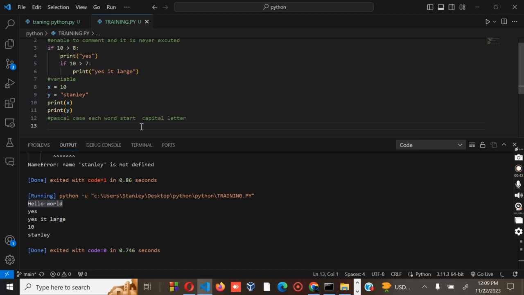For example, let's have MyVariableName, then the equal sign, then you have to declare the name, then we have Stanley.